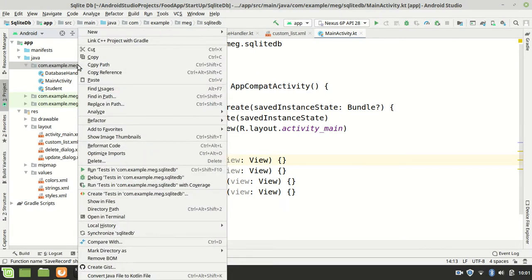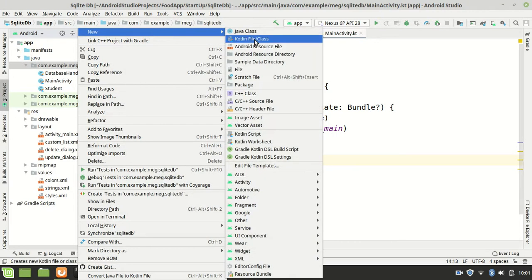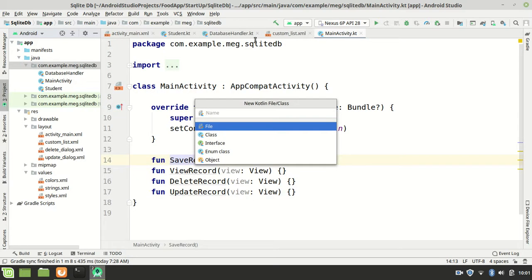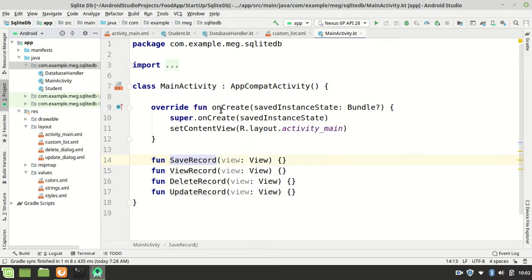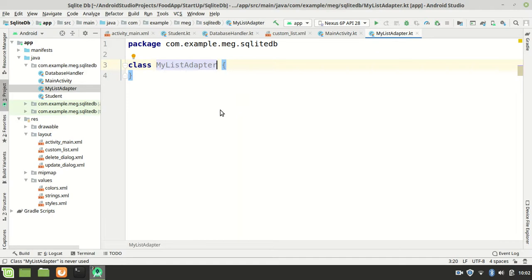So we'll just right click and create a new Kotlin file. So this Kotlin class, we're just going to call it my list adapter. So we say my list adapter. So we have our list adapter there. We are going to place everything inside there. So now our list adapter,